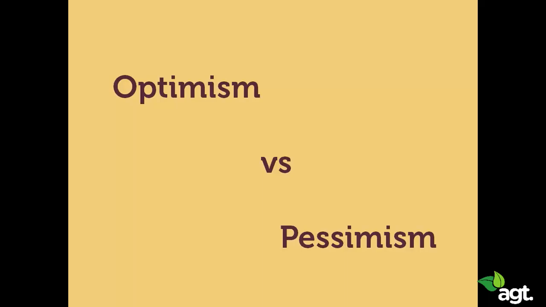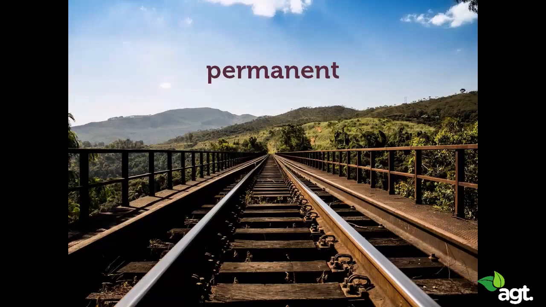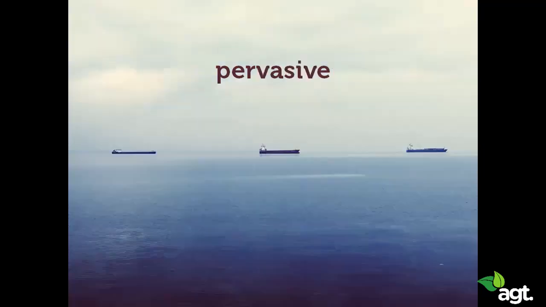These characteristics are called the 3 Ps that make the difference between an optimist and a pessimist view. Let's assume something bad happens to us. Pessimists interpret negative events firstly as permanent. That's the first P. Pessimists think that it's probably going to be permanent, meaning that it will happen again and again in the future. The second P is that a negative event is seen to be pervasive, meaning that it is not just this one event, but just one more piece of evidence of a pervasive trend.